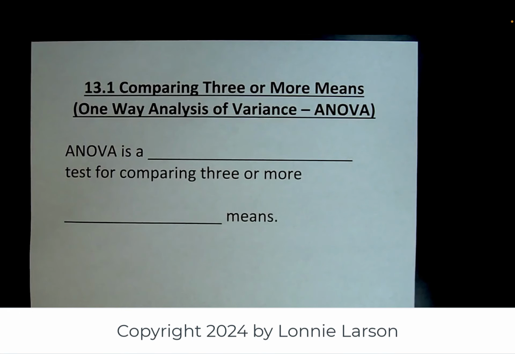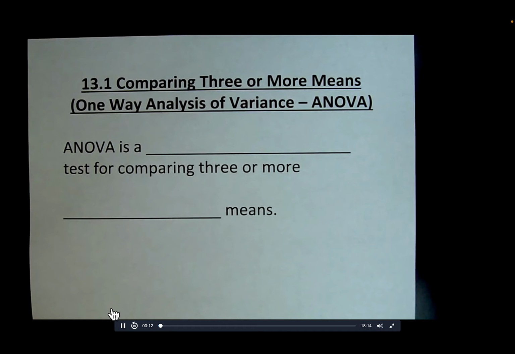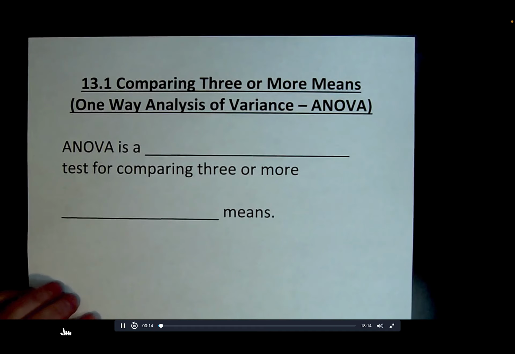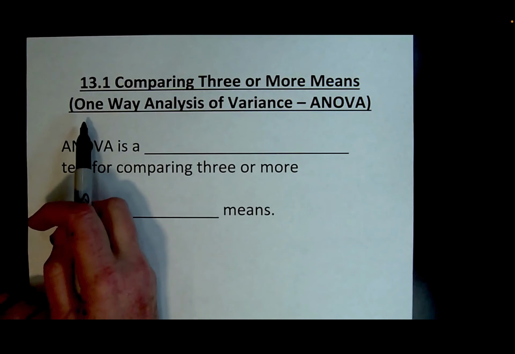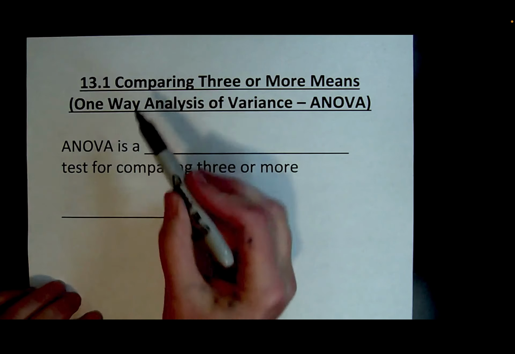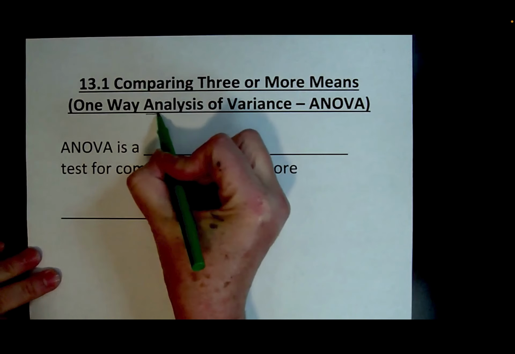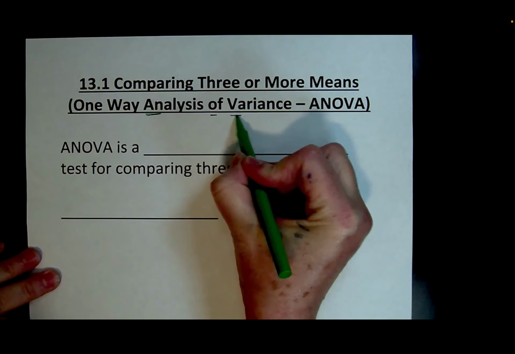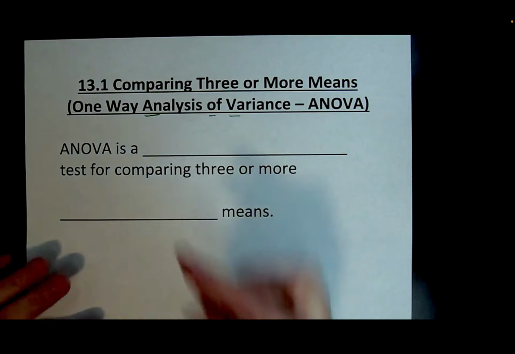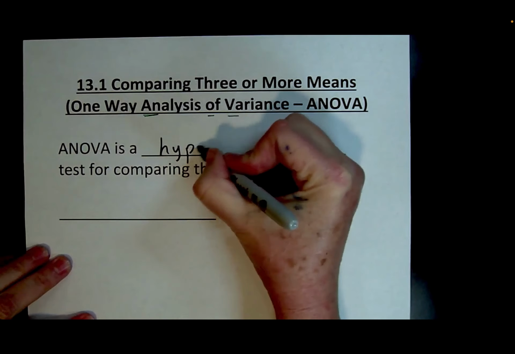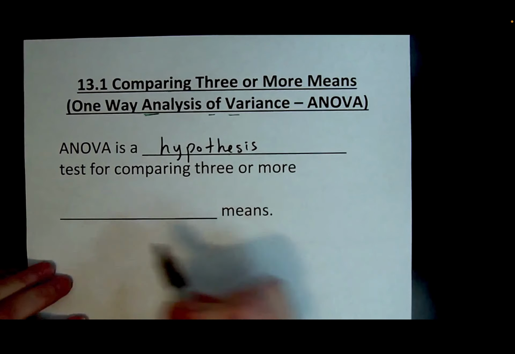Welcome back. In this section, we're going to do something usually called ANOVA, which is a way of comparing three or more means in a test called the one-way analysis of variance. And where that ANOVA name comes from is the A-N-O and V-A. So ANOVA is analysis of variance. And what it is, is a hypothesis test for comparing three or more